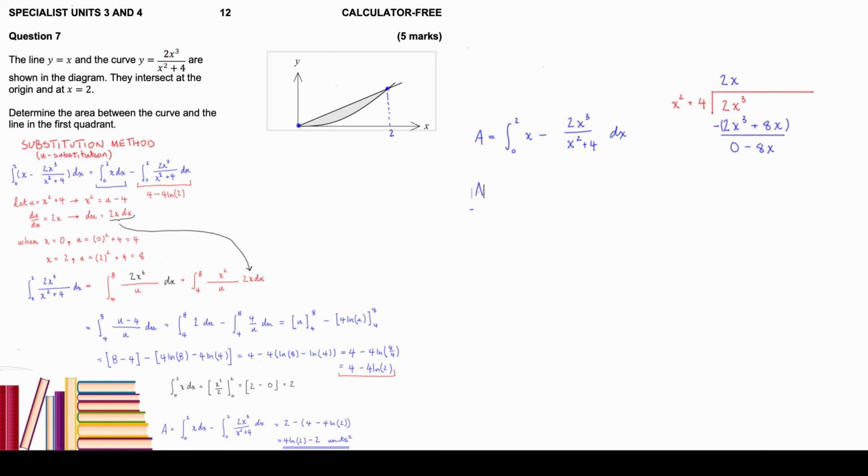I can say that the area enclosed between the two curves is going to be the integral from 0 to 2 of x, that stays where it is, minus, now let's just put a bracket to separate them, 2x minus 8x over x squared plus 4 dx. So for those of you who are wondering really how I got from this to this, let me go through